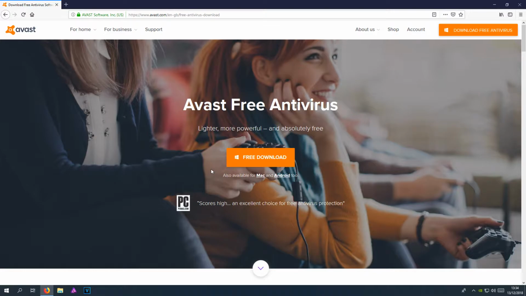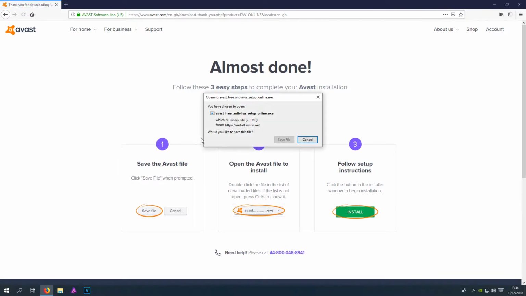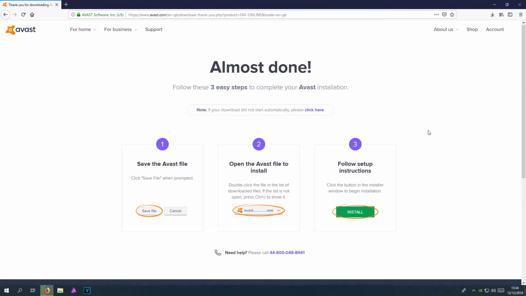All you need to do is click on the link that's in the description below and you will end up on a page that looks like this. Once you are on this page, you now need to click on free download and you now need to go save file. Once the file has finished downloading, we now need to run the setup file